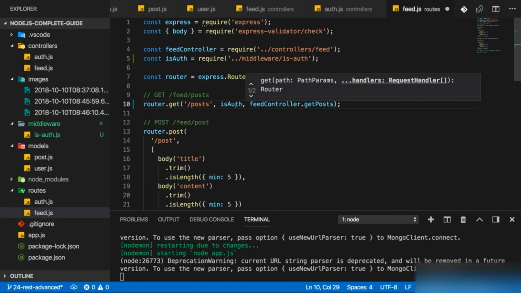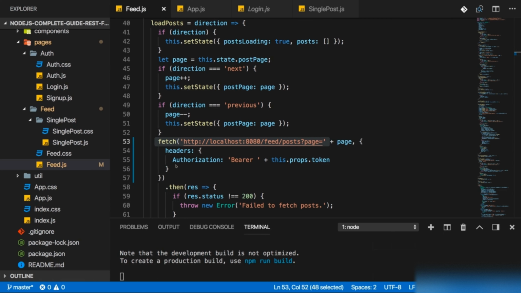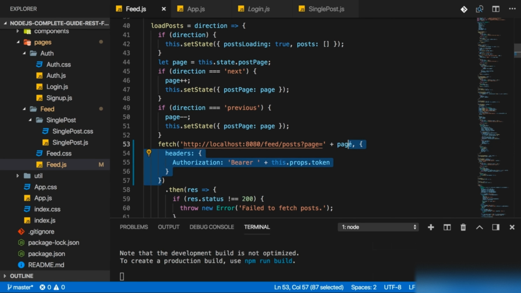Now I only can get posts if I do add a token. First of all, let me show you how this fails. If I remove this header, so this extra configuration on my get post request in the front end, and I reload the page, I get failed to fetch posts, and in the console log I also see that here,